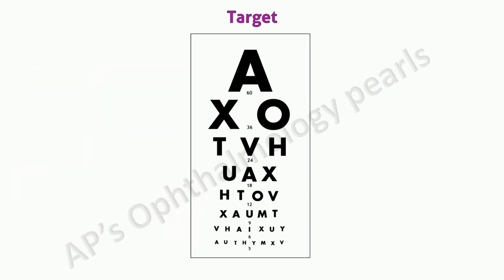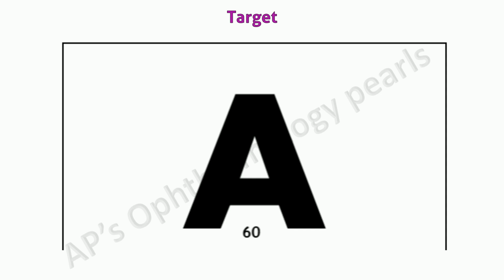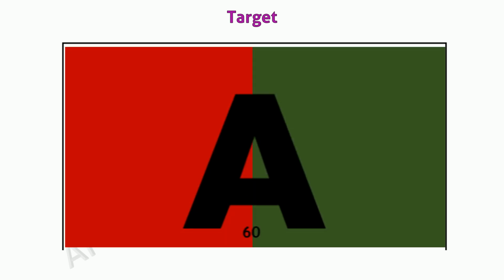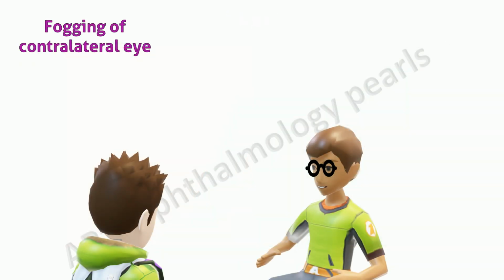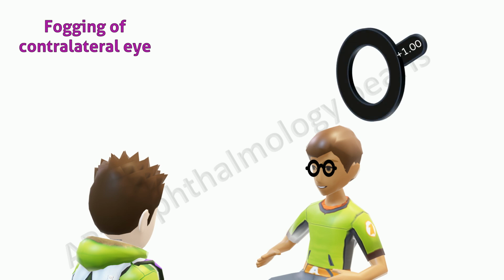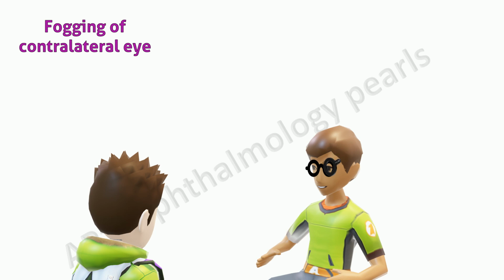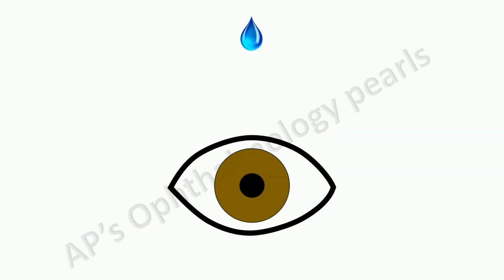The target should be a non-accommodative one, such as the top line of the Snellen chart or a dim light. Some practitioners prefer a large letter on a duochrome background. This dims the light, which in turn reduces the reflexes on the lenses. To further ensure accommodation relaxation, a quick retinoscopy of the eye not being refracted first is done, and if any with movement is noted, a plus sphere of about 1 to 1.5 diopters is placed in front of that eye. This is called fogging. Contrary to the situation in ophthalmoscopy, the refractive state of the examiner's eye is not involved in the process of retinoscopy.